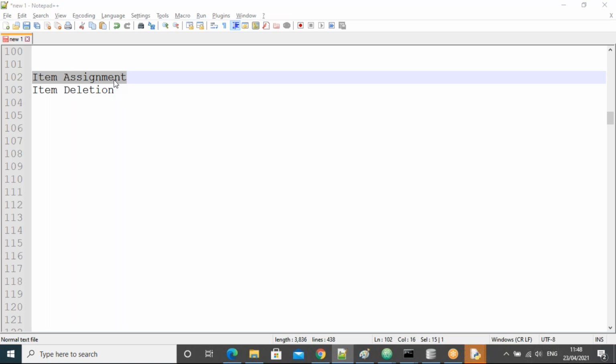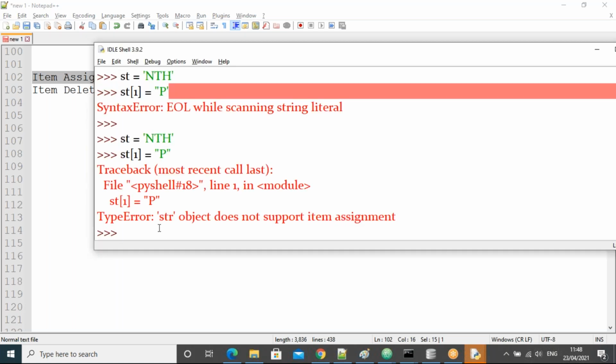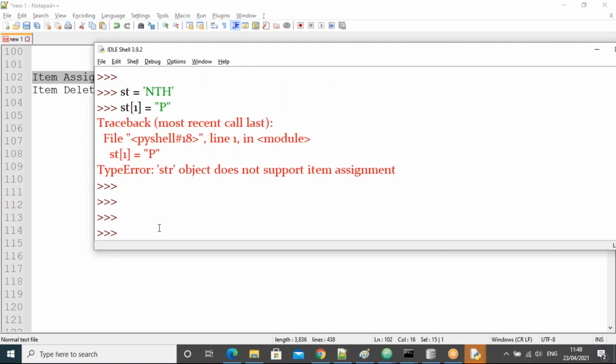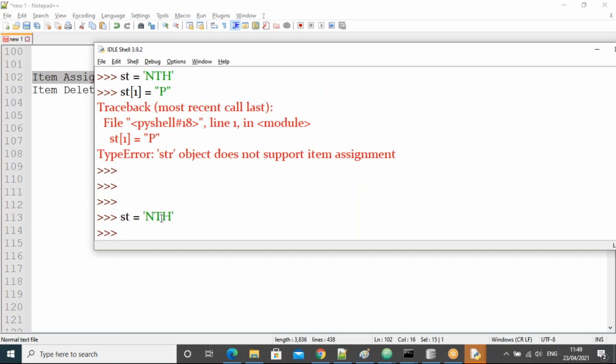Now let's go with item deletion in the string. I'll take the same one. I want to remove the h by using the del command. I take del st[2], indexes 0, 1, 2. Is it possible?